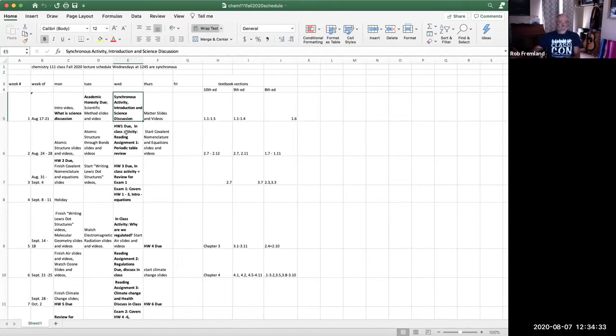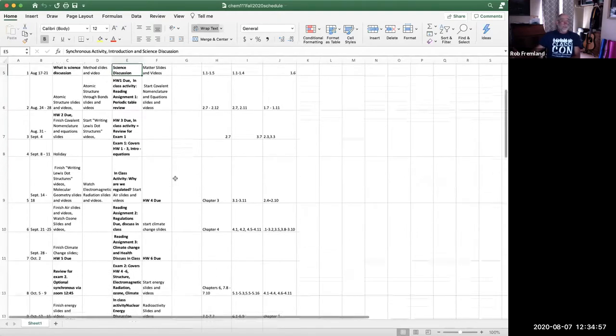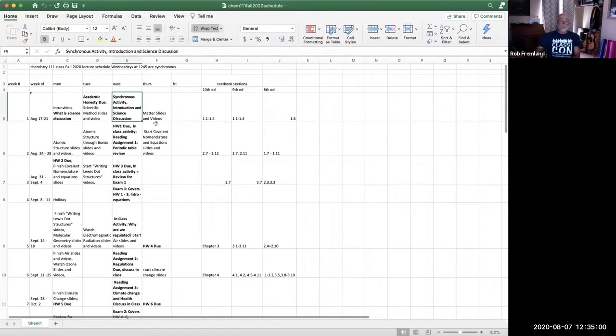Homework 1 is due on this date. I have the due dates in here, and the due dates will come up on Canvas. Over here on the right are the sections in the textbook where this information is, and I have it for the 10th, 9th, and 8th editions. If you have the 8th, 9th, or 10th edition, I'm going to tell you where material is that goes with my lectures, so it'll be easy to find. If you have an older edition, you're going to have to search through. These books change a lot. Anyway, the schedule may change. If it does, I will put an updated version in the box, and I will let you know in an announcement that I made a change in the schedule.